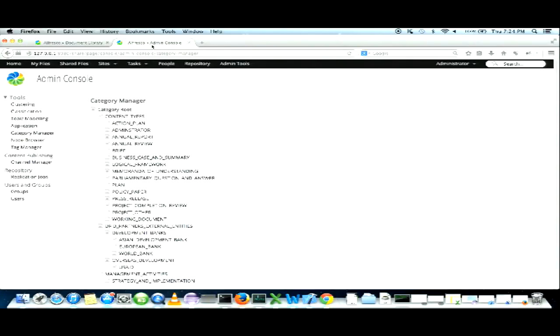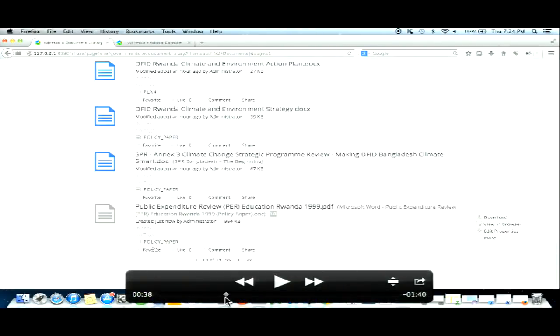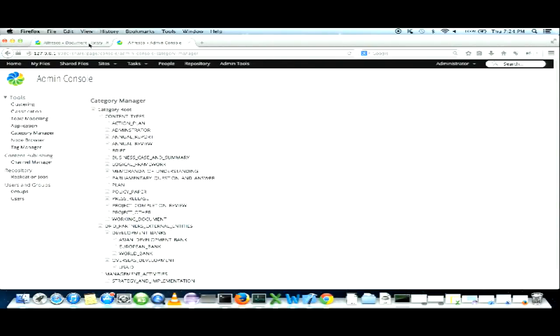And I think you can see the category is automatically assigned to the document, and also this category is referring to this taxonomy structure in the category manager.